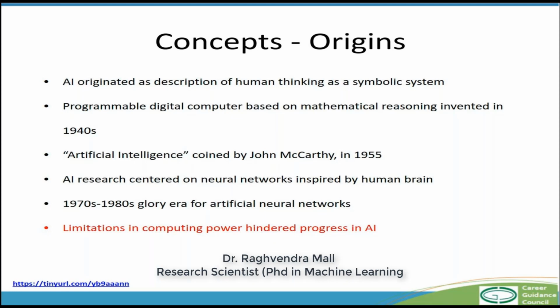The term artificial intelligence was coined by John McCarthy in 1955, and most AI research is based on and inspired by the human brain. In our brain, we have neurons, and these neurons are heavily interconnected with each other. Every decision, every function that we perform is driven by electrical impulses happening in the synapses, in this combination of these neurons.